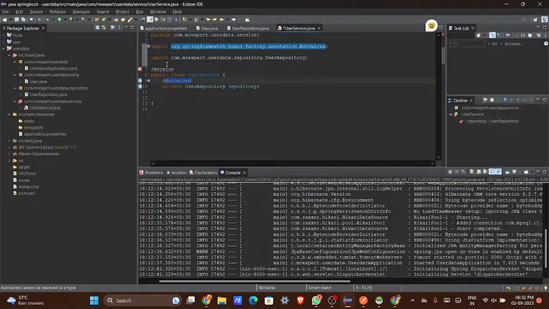You can click here also and you will get import service. Just double click here, or keep the mouse pointer there. So import service. Now everything is done. This is showing a yellow mark saying that it is not used. That's not an issue. Okay, so that is done. Now